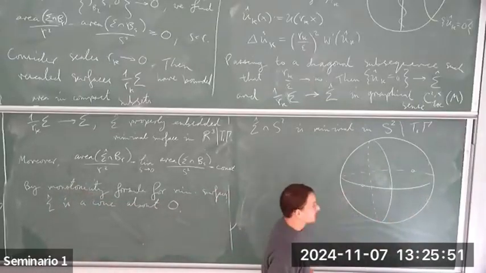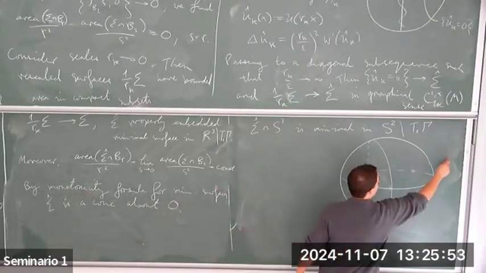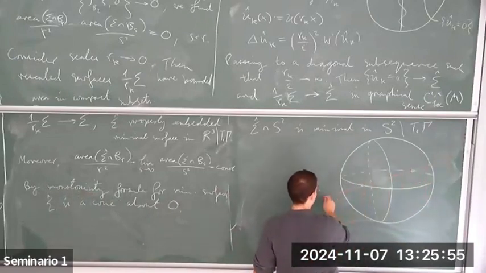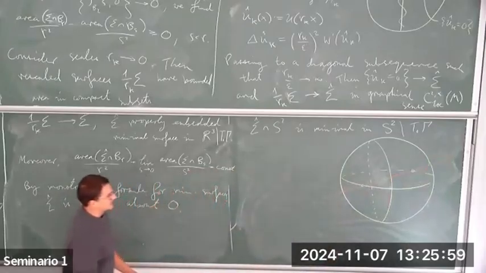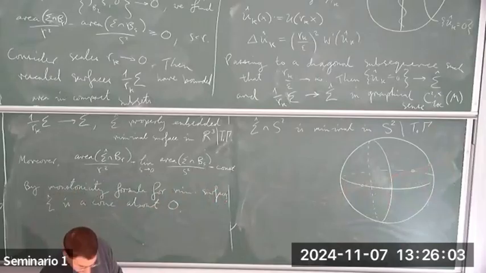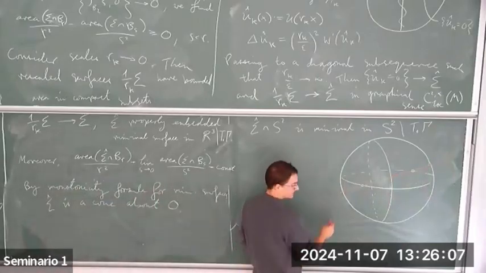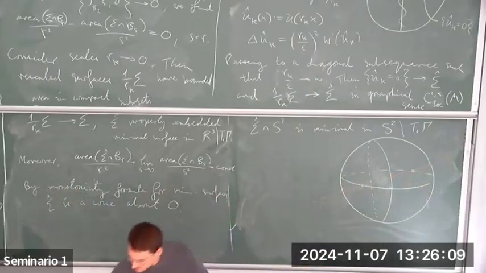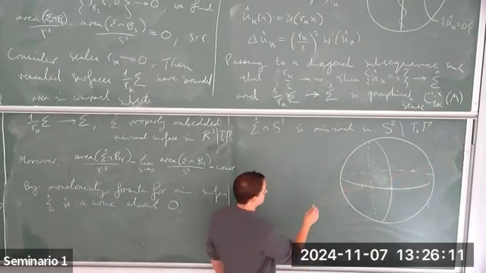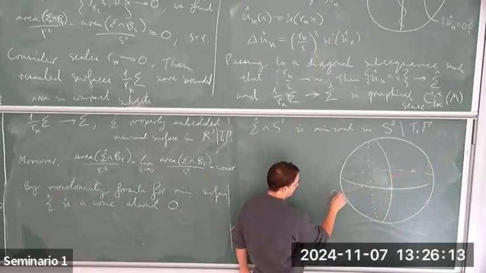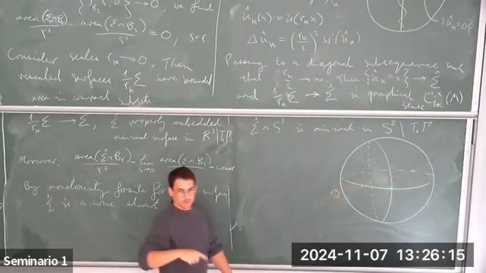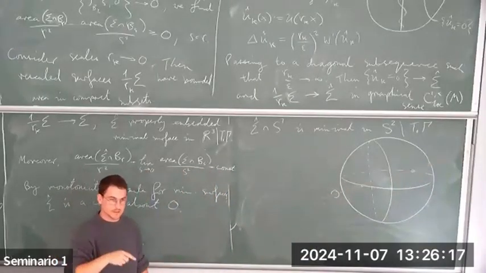This we can rule out quite easily, because this is the tangent line to gamma. So if I draw a small loop which winds once around this,